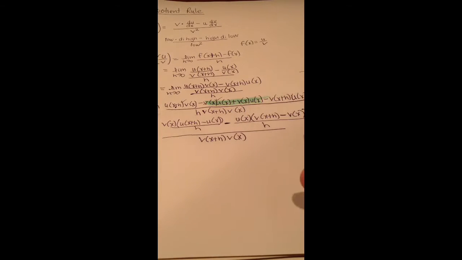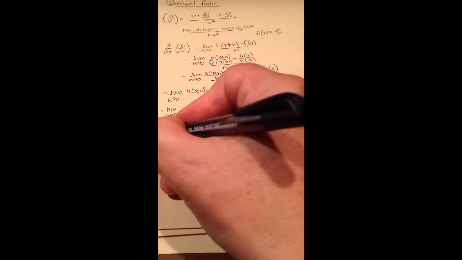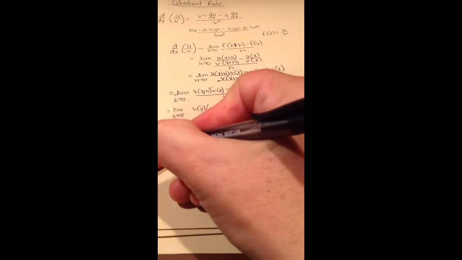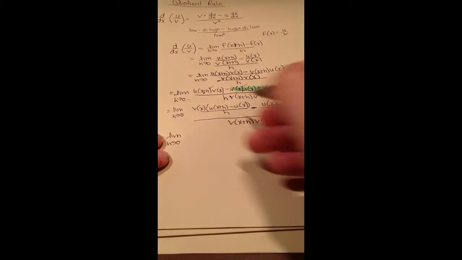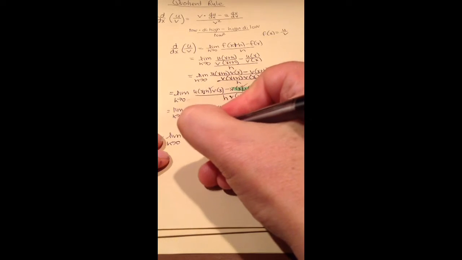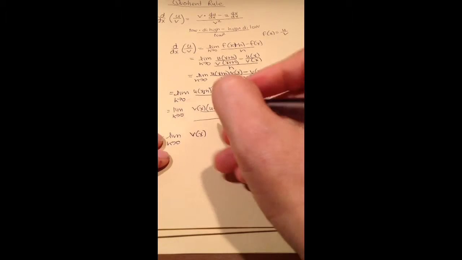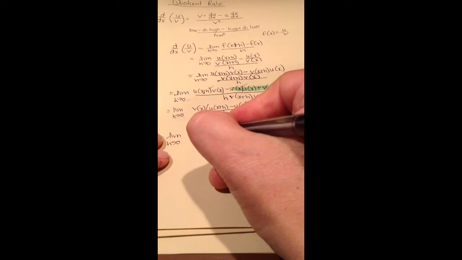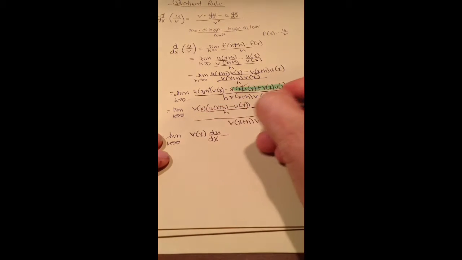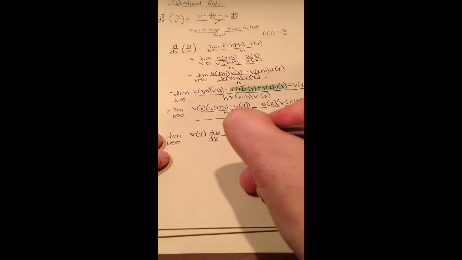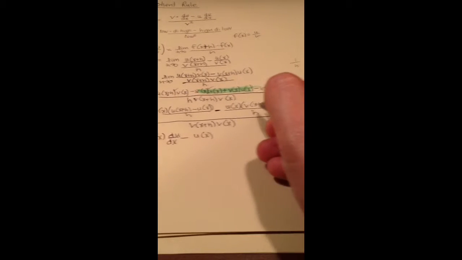Okay, so now we've got to clean it up. So now I've got the limit as h approaches 0. What I've got here is v of x. What I've got here is the derivative of u of x, so I'm just going to say this is the derivative of u of x. What I have here is u of x, and what I have here is the derivative of v